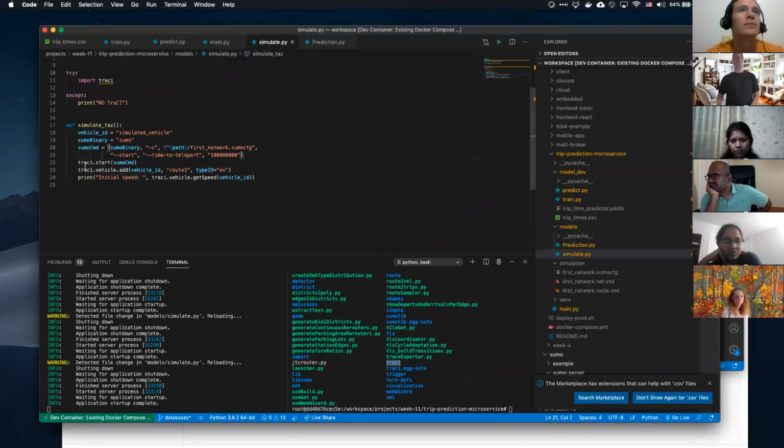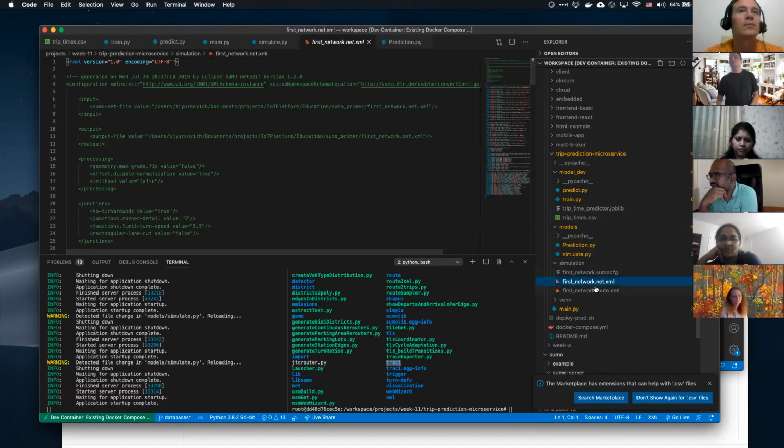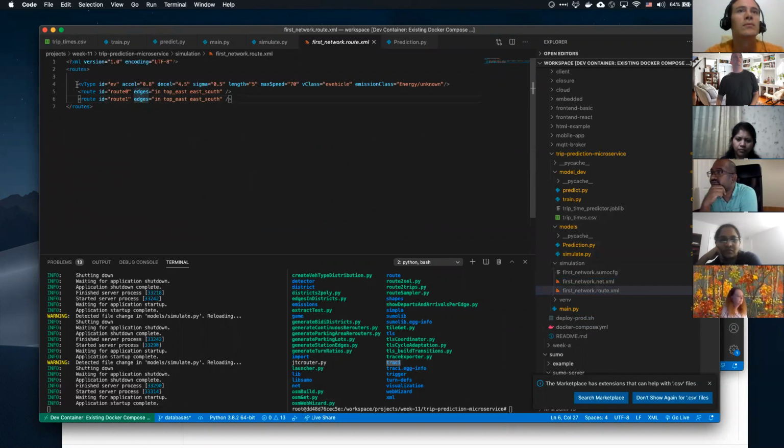And then we'll just take the route 1, and here's a little more stuff that we haven't done yet in Sumo. I'm making a type ID of EV, and I've added something in route here of vehicle type, specifically of class of energy, because we want it to be an electric vehicle.